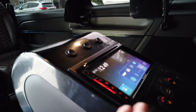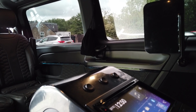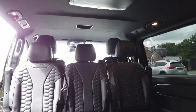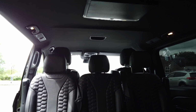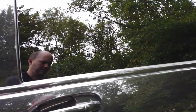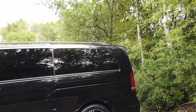I really do like this nice control panel here that they've made. It really is something special. These seats as well, I mean, these sort of quilted, heated Napa leather seats are just something else again. Let's have a quick look at the outside then. Quick gentle pull on this door, shuts the door up,